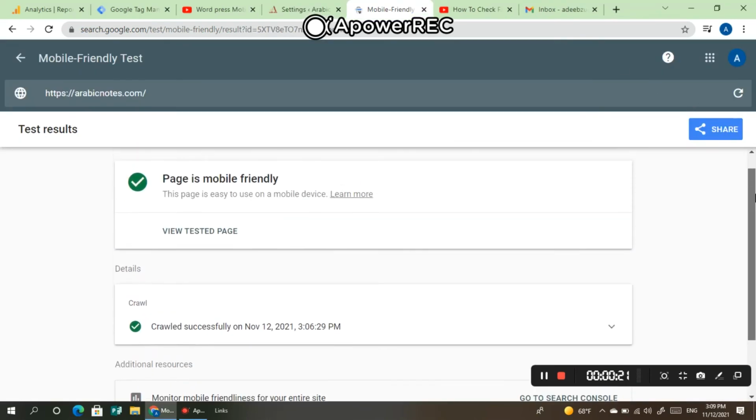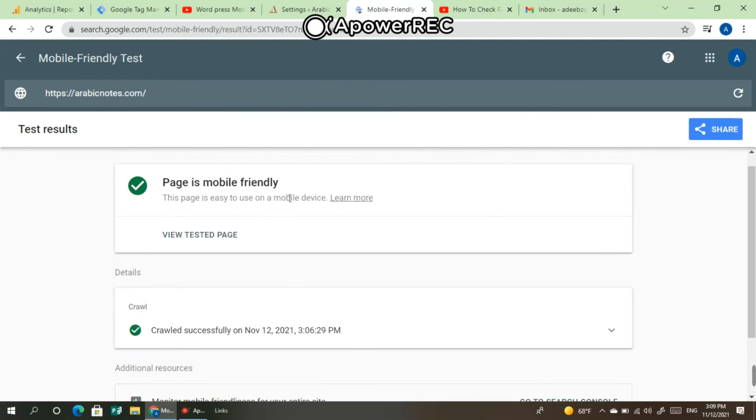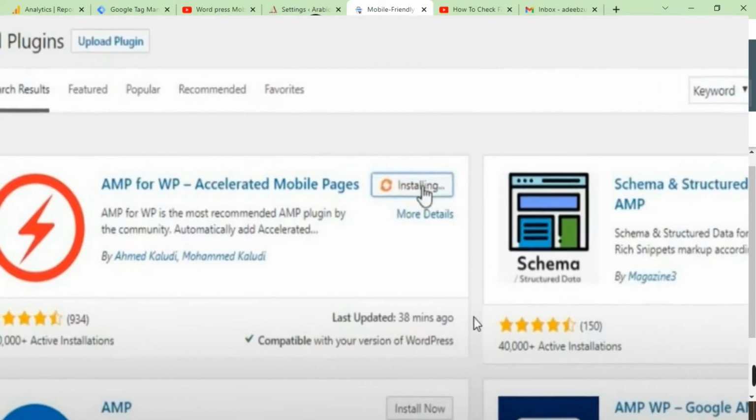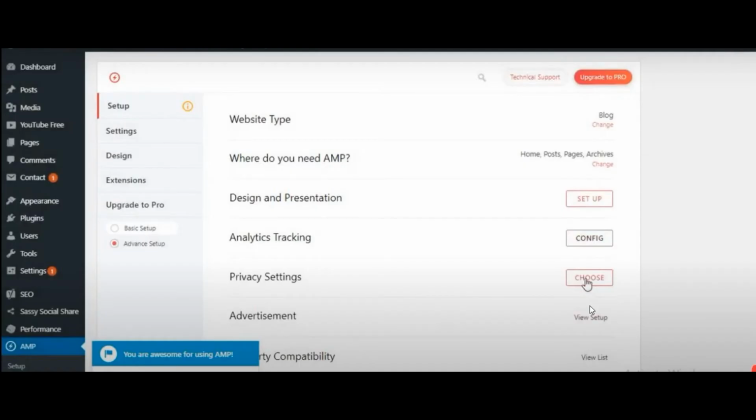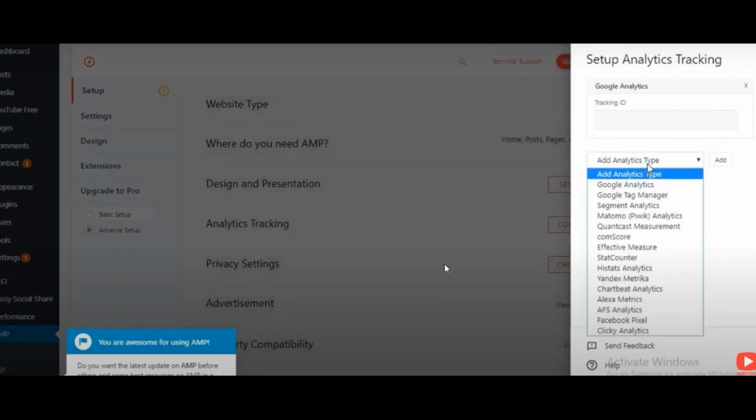In case you are not able to install that plugin, I have another plugin, but in this plugin you will end up with this screen, and from settings you can reach this setting which asks for the ID of your Google Analytics. So if you have any issues with the first plugin, you can add this plugin too and integrate it with your Google Analytics ID. Then it will fire up and make